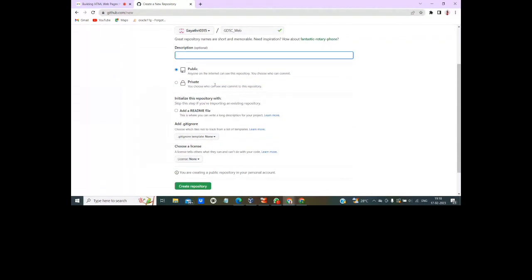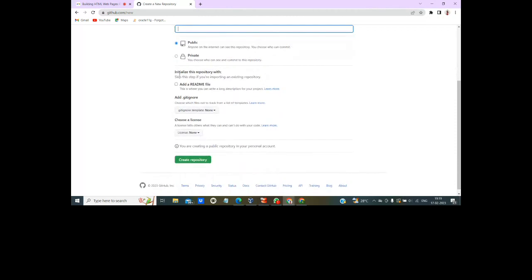There are two options, public and private, so you can choose either. If you want people to view your GitHub account, you can select public, or if you want to make it private so that except you, no one else can view the contributions to the GitHub. These are the two options available to you, and you can even add a README